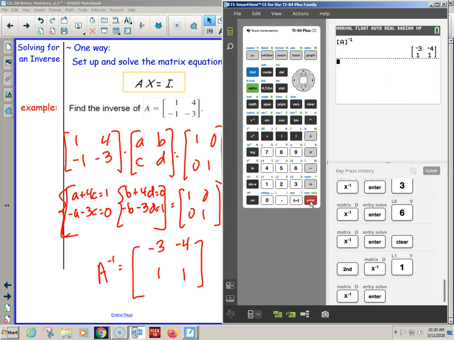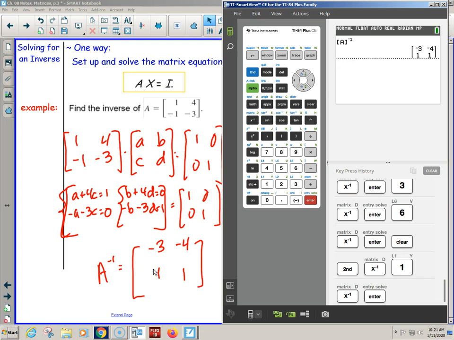So the cool thing is, where the matrix menu is, second x to the -1, that x to the -1 also has a matrix meaning. And that's what's so awkward about it. What is this button? The reciprocal button, yes, if you're dealing with numbers. What is this button? The inverse button when you're dealing with matrices. Even the calculator doesn't know how to use the -1 notation, right? But how is that snazzy for us? Well,